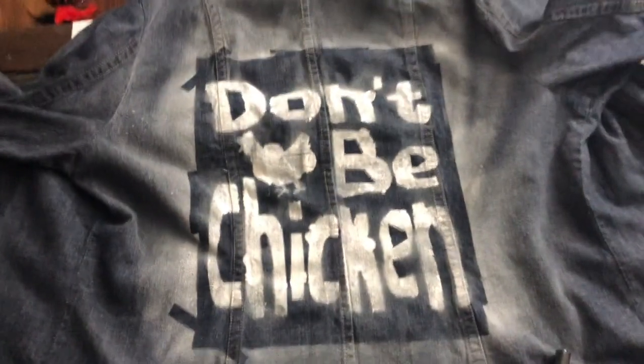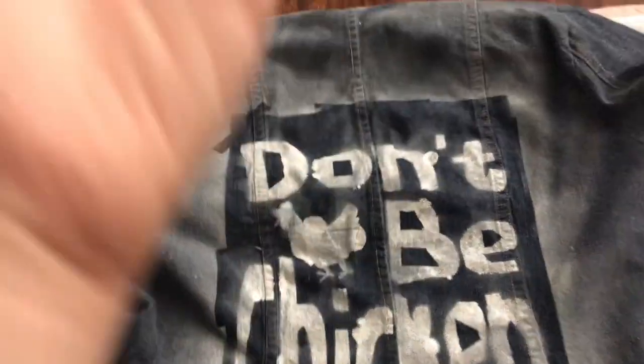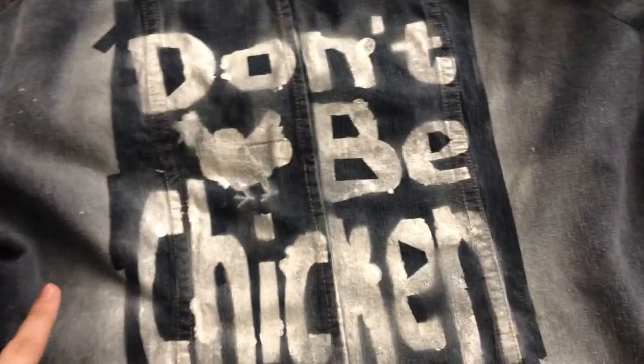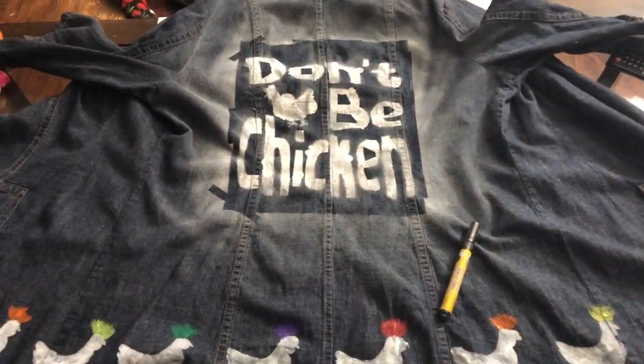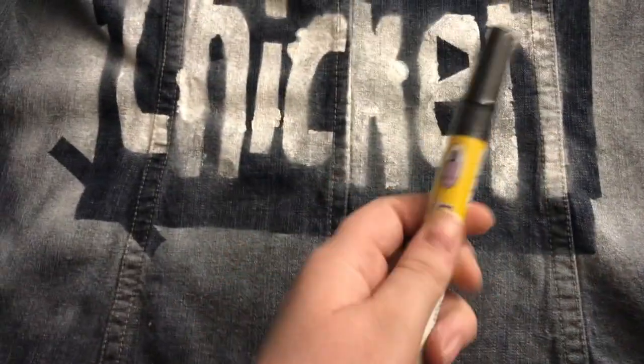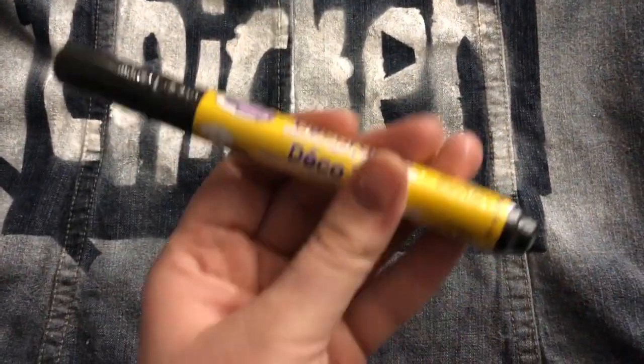So, update. I took off the Don't Be Chicken stencil. I have a problem. Why am I stupid? Why did I... Well, because I didn't want to get it on the sides, but then I went with it, because I messed up. It's fine. I forgot that I had tape holding the stencil down. So now it looks wonky, so I'm going to try to fix this with this black paint marker for fabric